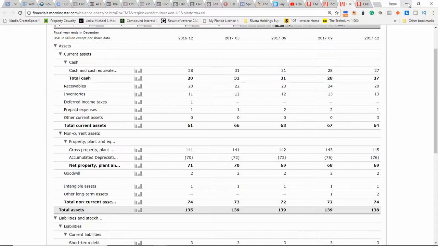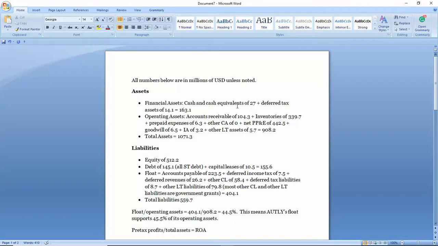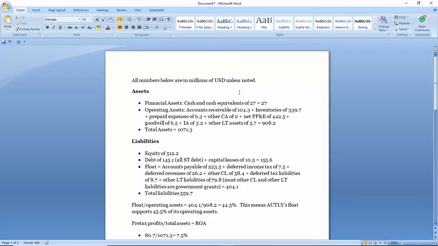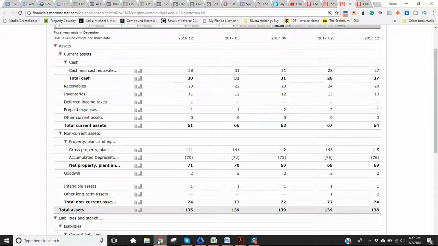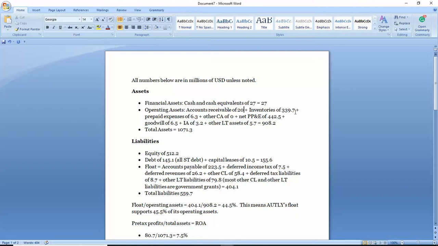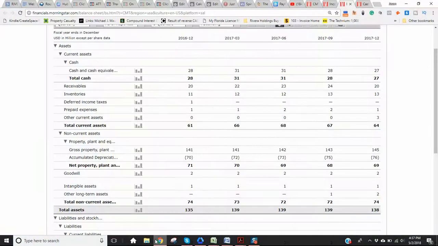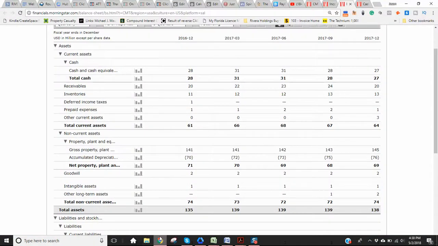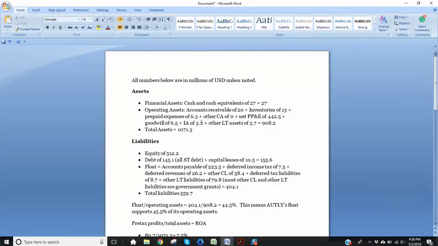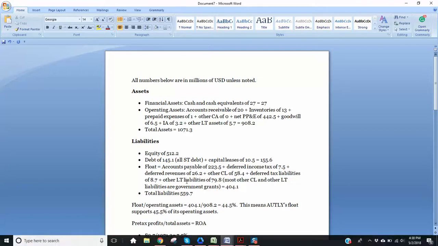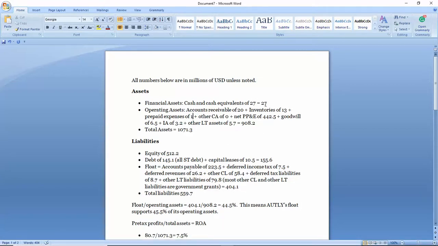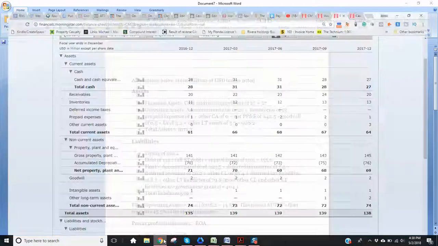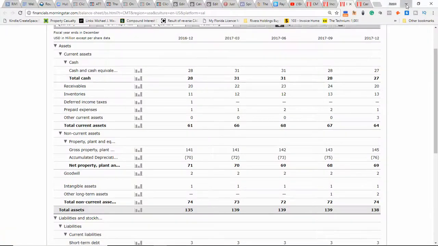So, AR of 20. Inventories of 13. Deferred income taxes 0. Prepaid expenses 1. Deferred income taxes would go up here, but that's why I didn't include that there, because there are no deferred tax assets right now. Other current assets 3